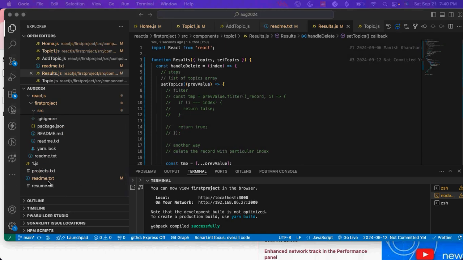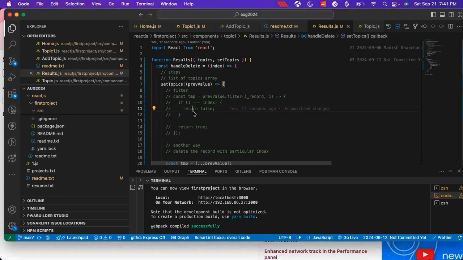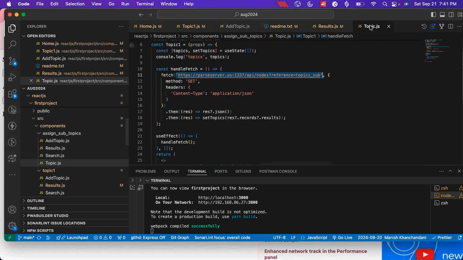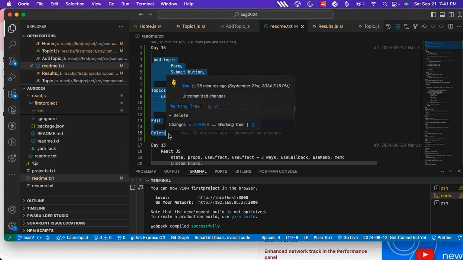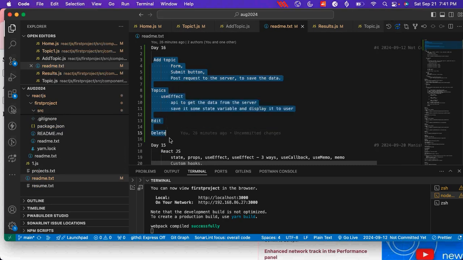Okay. So, let's try to do the edit part tomorrow, but we will be discussing these three things: the add topic, edit, and delete. Since this is very important for all the applications, we will be working a lot on this. These four things are the heart of every programming language, and we will be doing a lot of